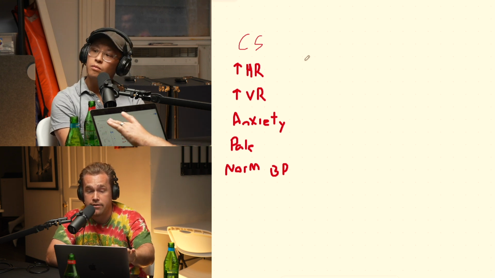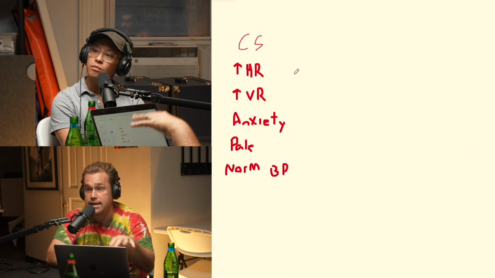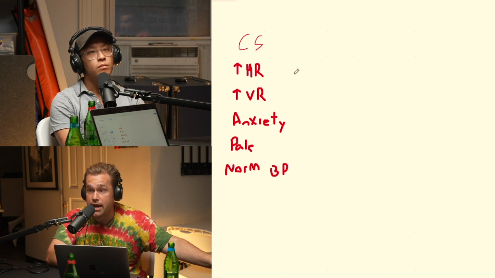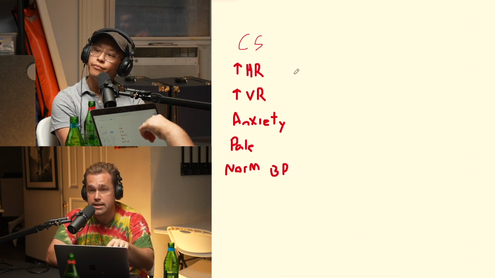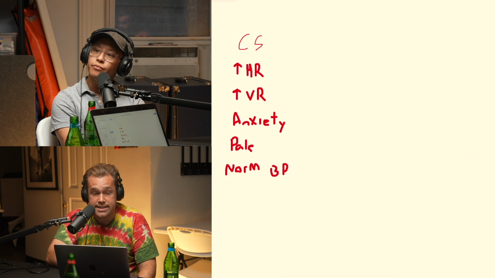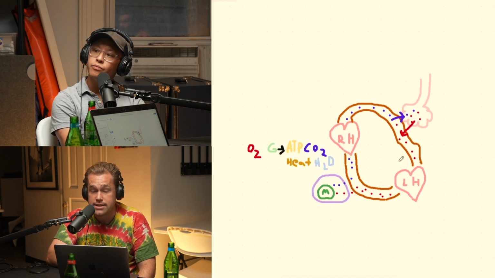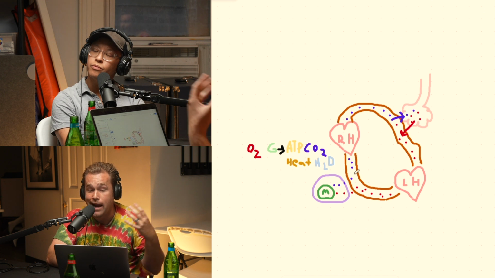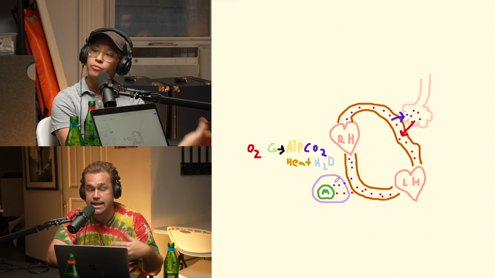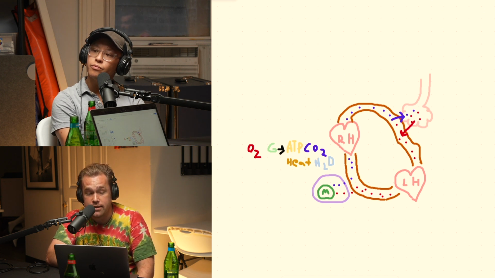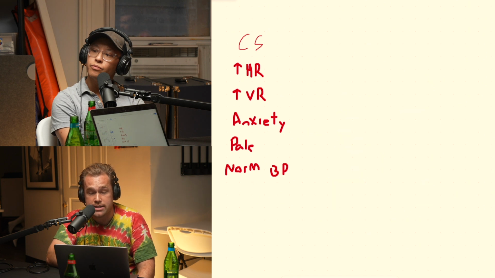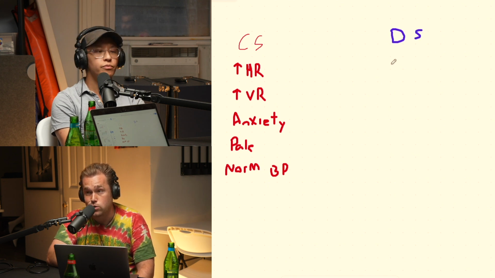So we look at a lot of these signs and symptoms, and most of these signs and symptoms are just compensation mechanisms. Because in compensated shock, we still have this working. The oxygen is making its way to the cell, but we have to do extra things to get this to work. So the other stage of shock that we see is decompensated shock. In decompensated shock, we're still fighting the battle against shock, but now we're starting to lose.